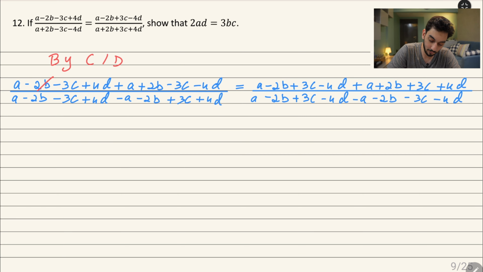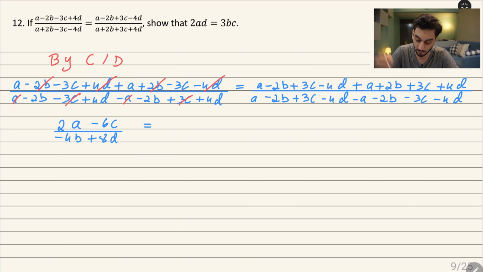So I can see a negative 2b and a positive 2b can go away. I can see a 4d and a negative 4d go away. In the denominator, the a and the negative a can go away, and the negative 3c and the positive 3c can go away. What am I left with? I'm left with a plus a, which is 2a, and negative 3c is negative 6c. In the denominator, I am left with negative 2b is negative 4b, and 4d plus 4d is just 8d